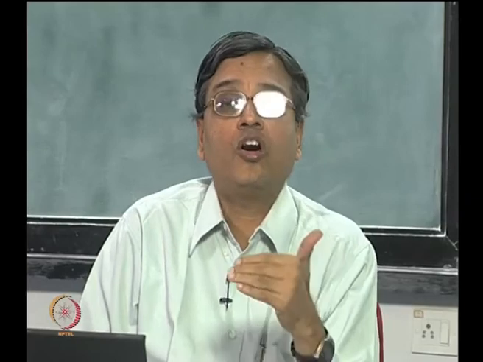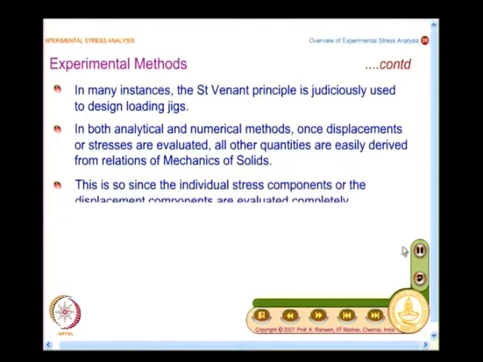So, once I find the stress components, I can find the strain and the displacements, both in analytical and numerical methods. This is primarily because I know all the stress components by an analytical method, then I proceed. In a numerical method also, when I solve, I get all the stress components evaluated, then I go for strain and displacement, which is not the case in experimental techniques,